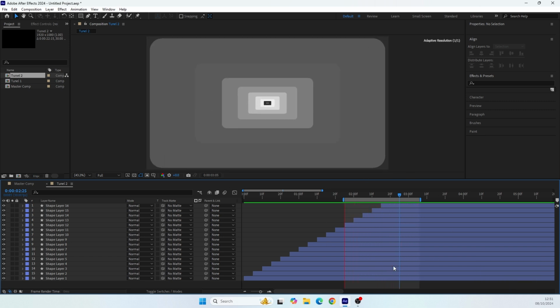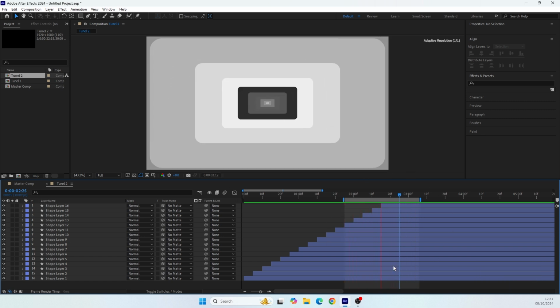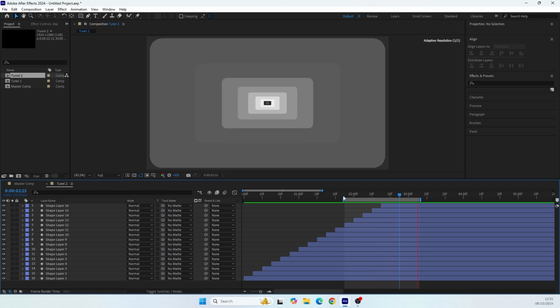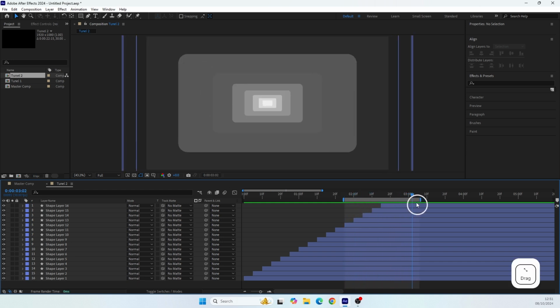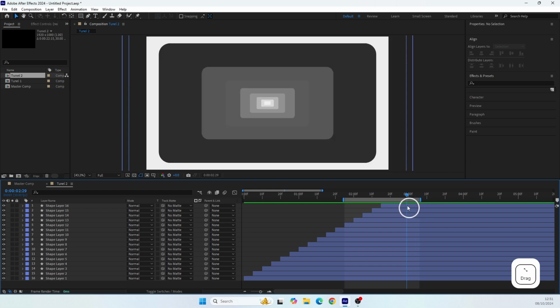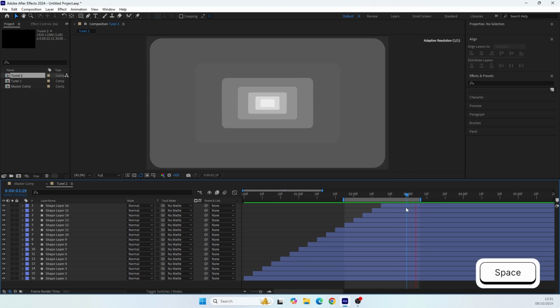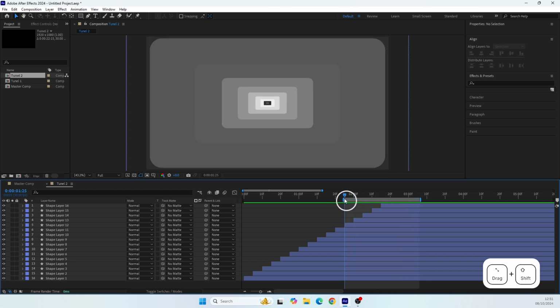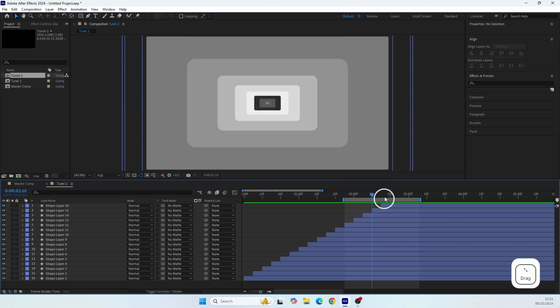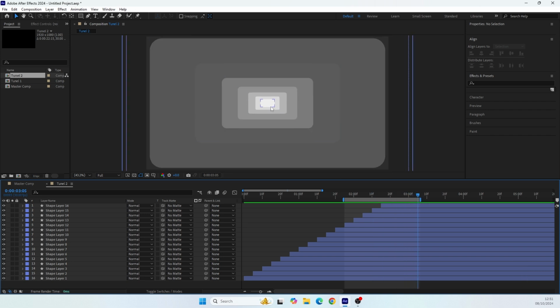Alright, so now when we hit the spacebar to see the preview of the animation, as you can see, the animation looks like it's playing in an endless loop. It starts and ends exactly the same. Actually, almost exactly the same. Pay attention to this point in time when the animation is starting in our loop, we see additional rectangles in this area. So in the last frame of our loop we don't see them.